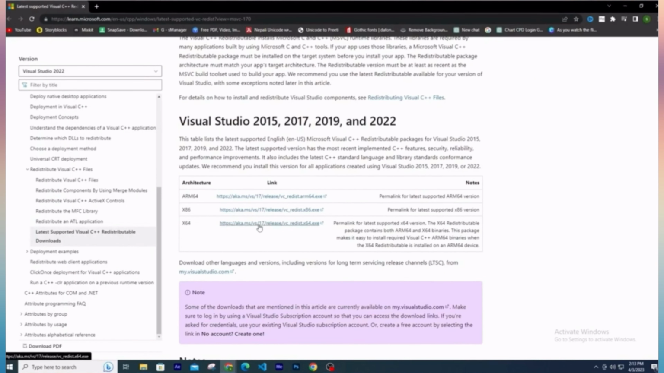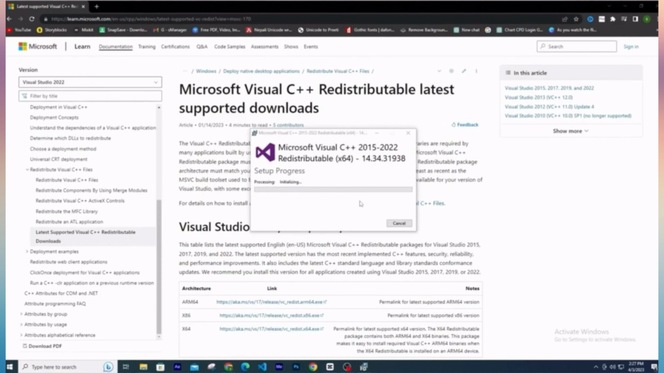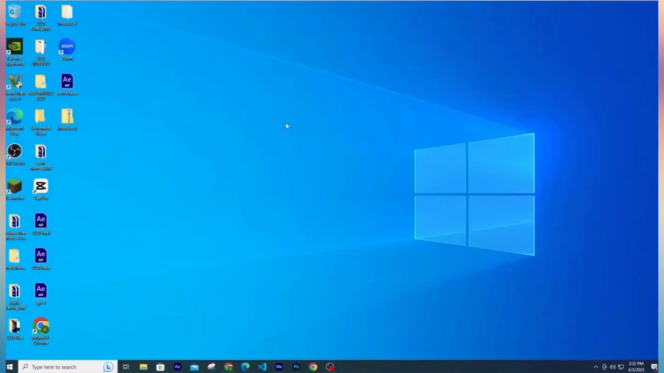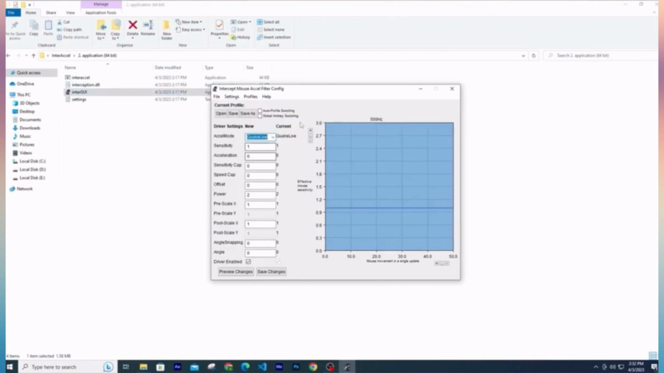While we're waiting for that, in another window you have to download Visual C++. Since I have x64, I'm going to download this one, whatever is compatible for you. Once Visual C++ x64 is downloaded to your end, kindly open the extracted file, tap on this third